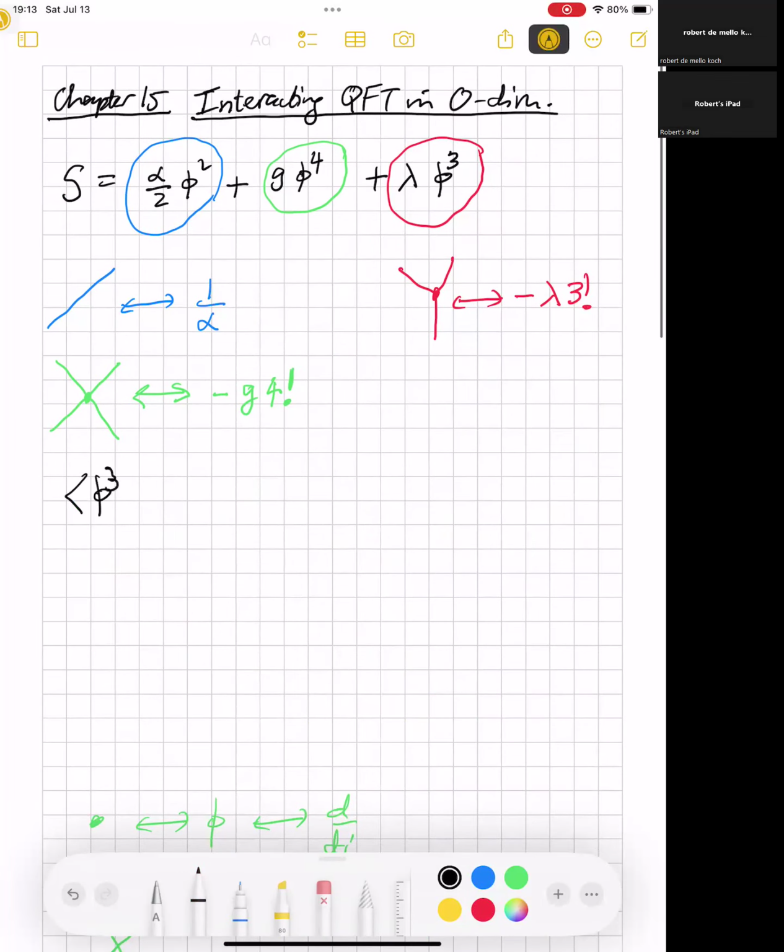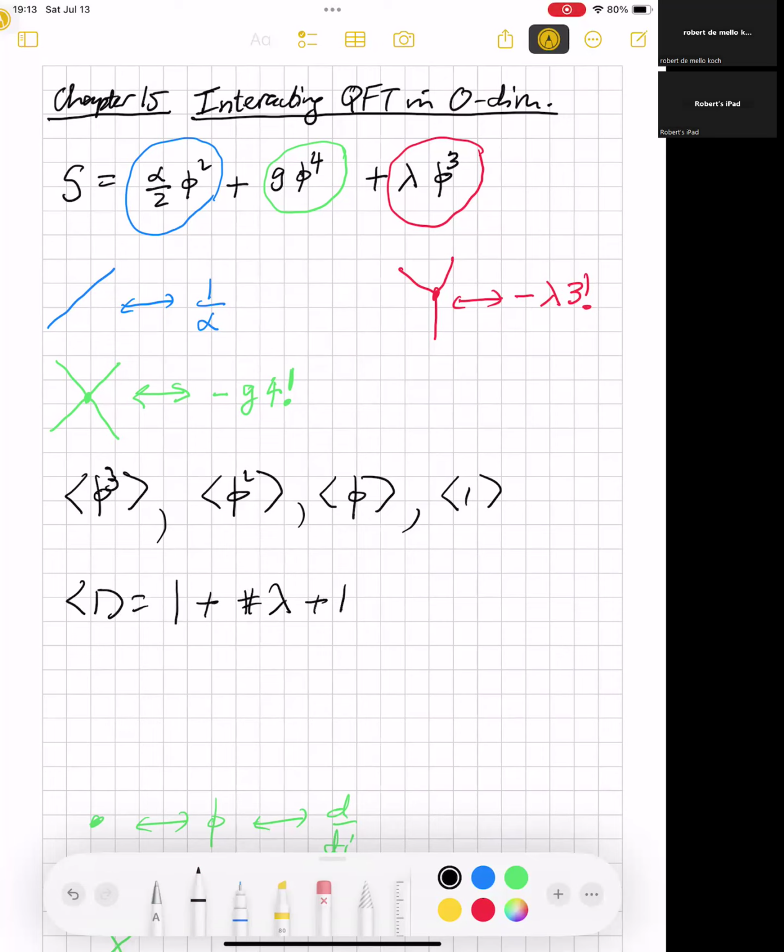Compute phi cubed. You could compute phi squared. You could compute phi. You could compute 1. All of these different correlators. And now it would be in a double perturbation expansion. So for example, if you're computing 1, it would start with a 1. Then there would be a term that multiplies lambda. Then there would be something multiplying g. Then there would be something multiplying lambda squared, something multiplying g squared, something multiplying lambda g, and so on. And then each of these coefficients, you could then try to produce